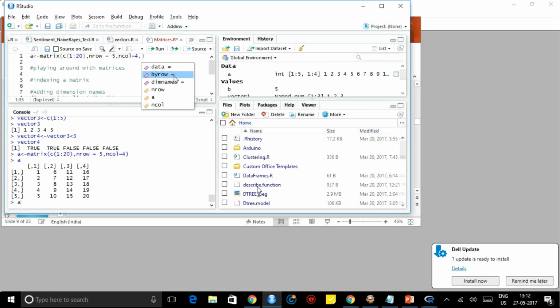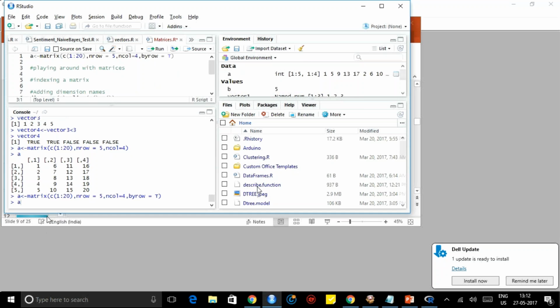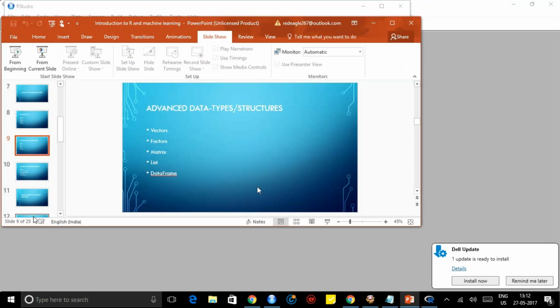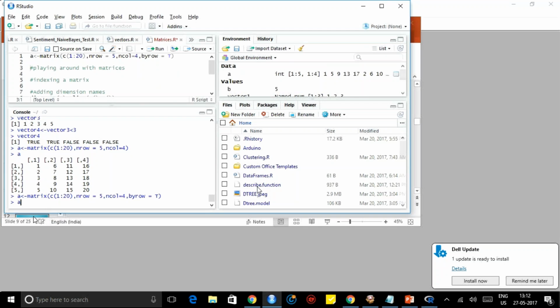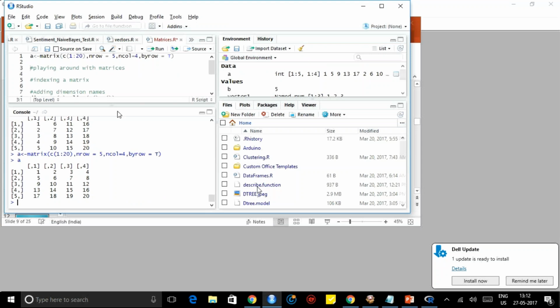So if you give byrow equal to true, see now it has changed. Before, byrow was false, by default it was false. 1, 2, 3, 4, 5 came column wise, right? Now it became row wise. So each thing has intricate functions to do this. Otherwise, to do this we may do lots of for loops, right? We can minimize it with these.